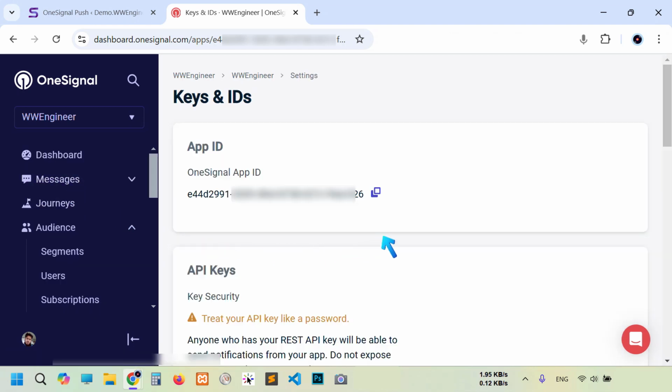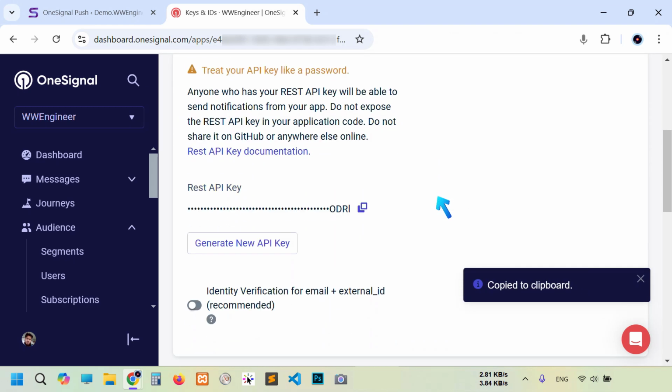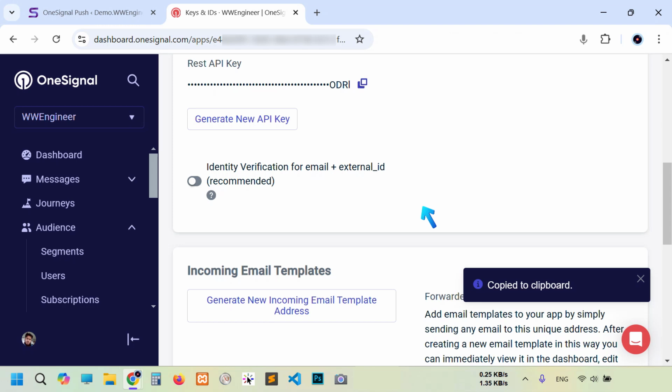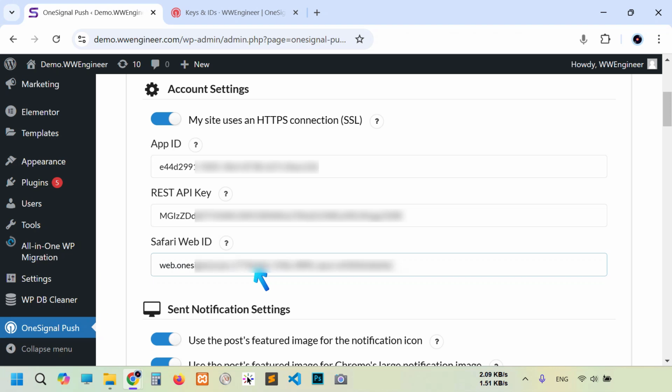And you see this is our app ID, just copy it by clicking this copy button and scroll down a little bit. Also you see here our API key, just copy this one also, and we need to go back here and then paste it here in app ID. Also I'm gonna put here the Safari ID that I copied before.